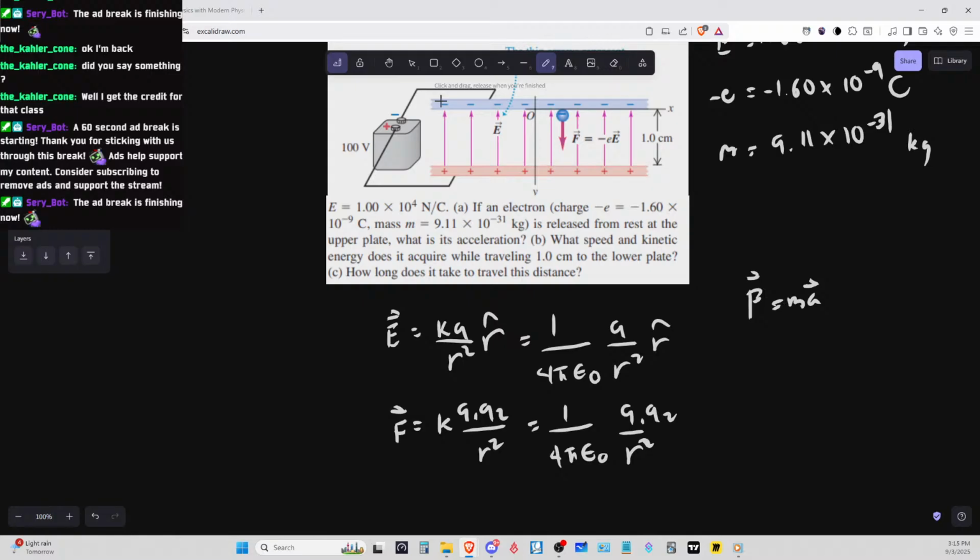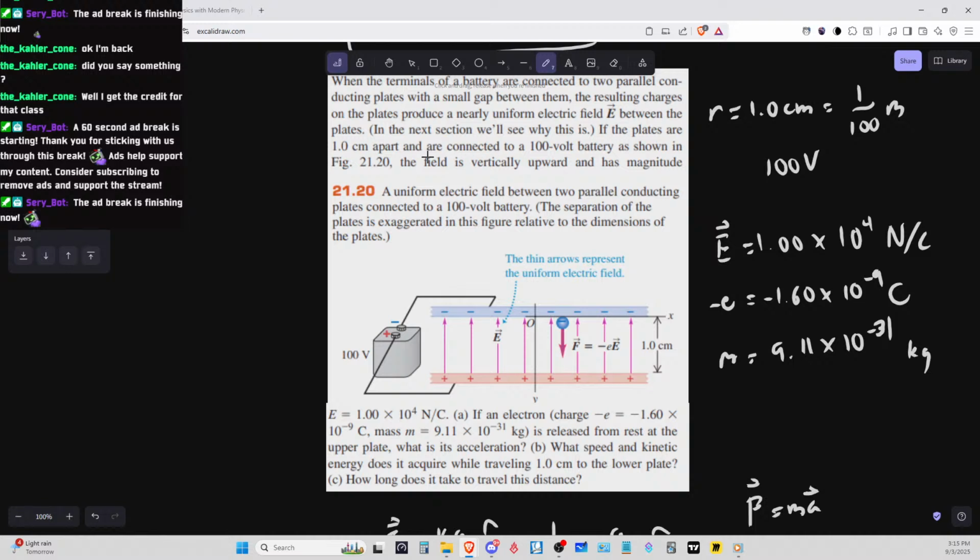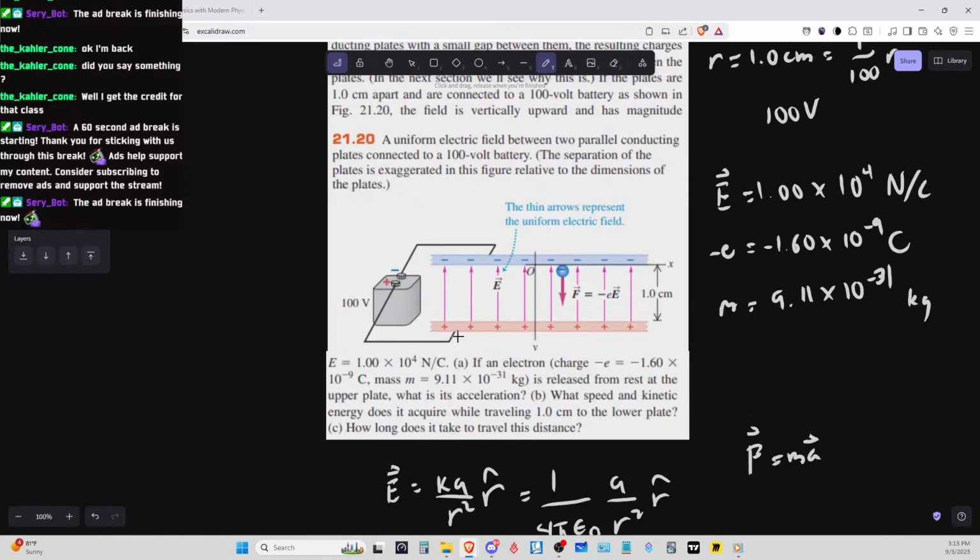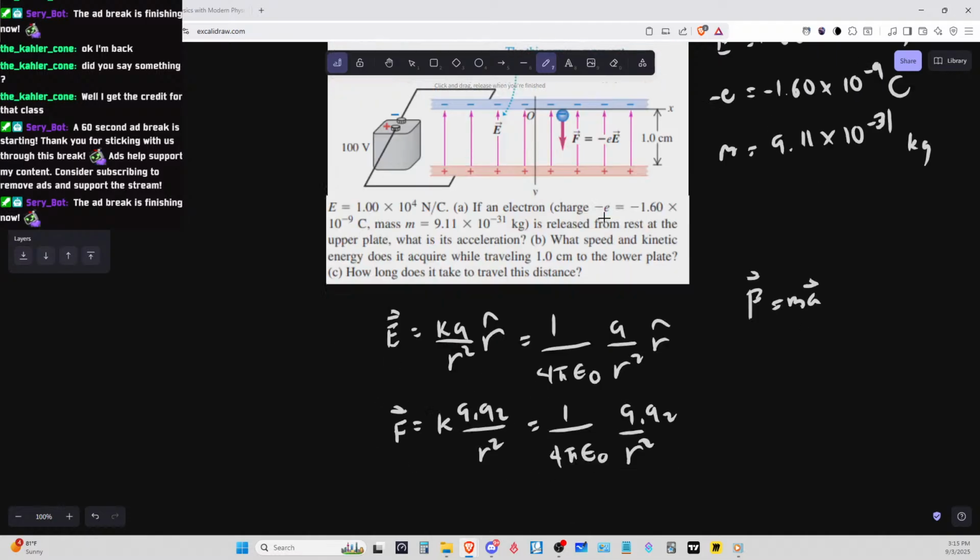So 100-volt battery. This one. So this is only for the upper. The field vertically upward has, yeah, okay, so this one has the electric field of this. All right. Now